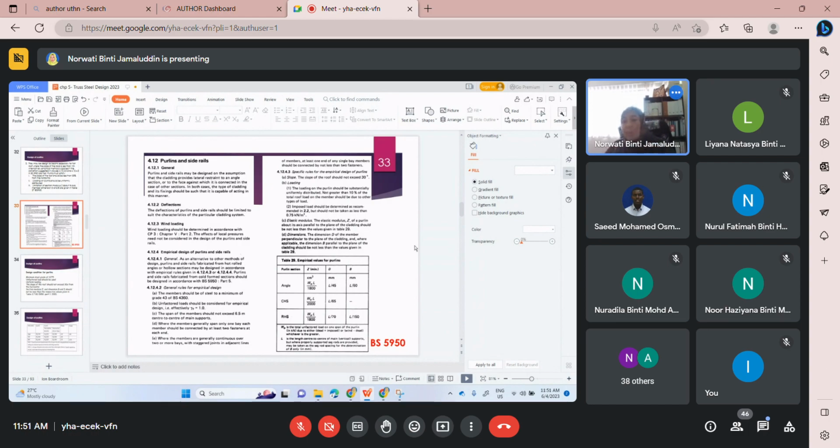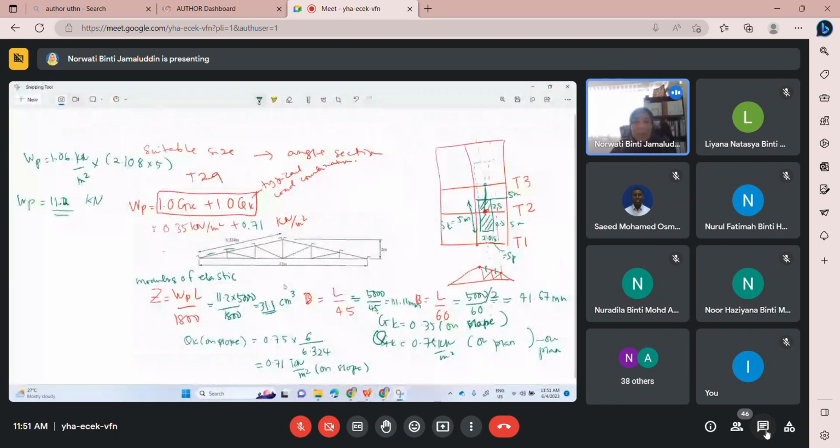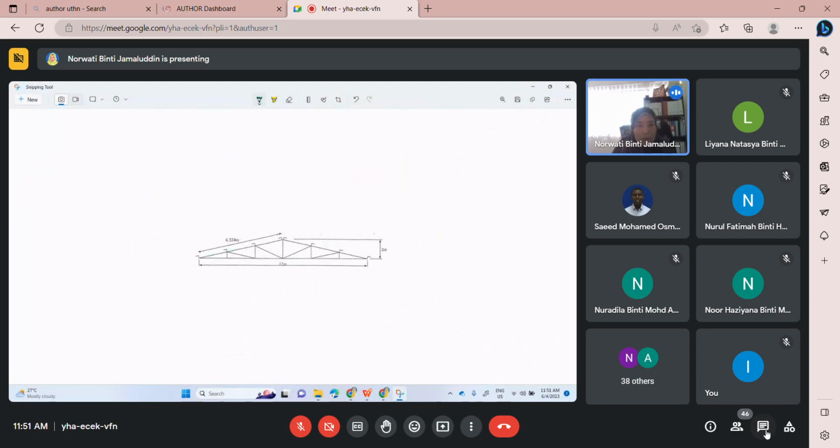Okay, only B. Okay, so in this case, we can say that, according to table 29, the minimum value that your purlin has to fulfill, the modulus elastic should be bigger or equal to 31.1,